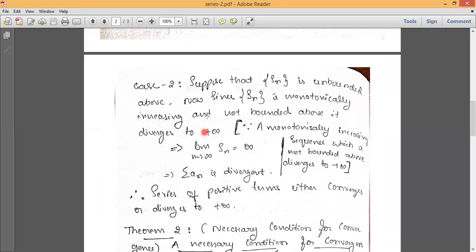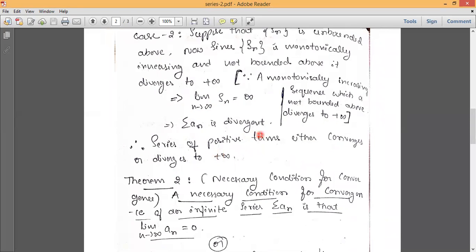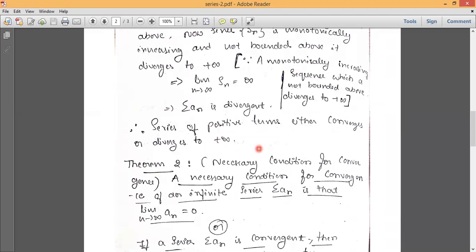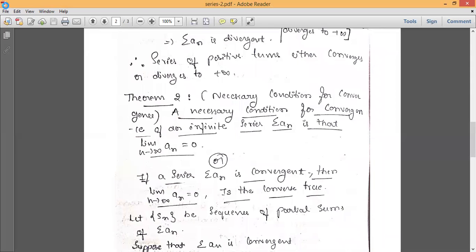Okay, since it diverges to plus infinity, limit n tends to infinity Sn is equal to infinity. Now, by definition of divergent series, sigma an is divergent. Hence, series of positive terms either converges or diverges to plus infinity. Okay. Now, moving on to second result,